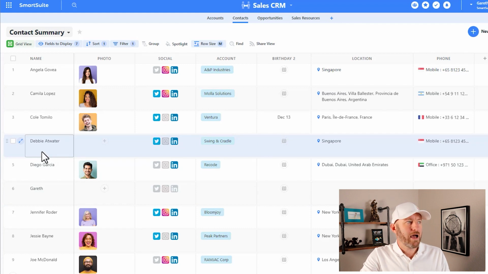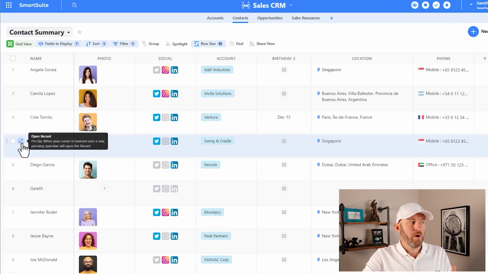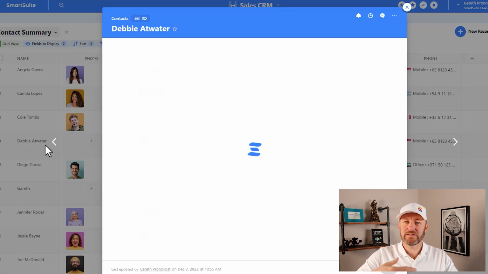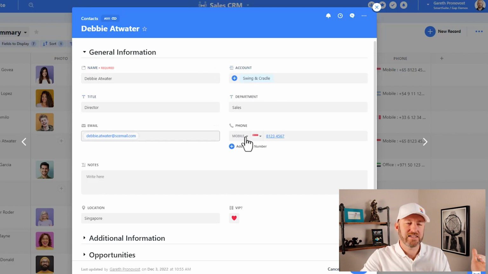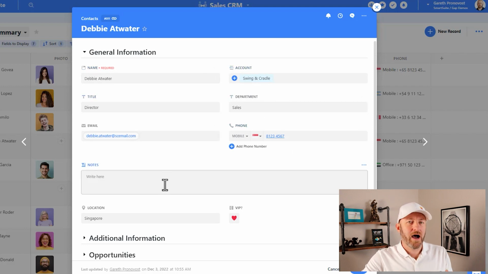Let's say I'm looking at my contacts here inside of my sales CRM, and I want to expand this record and get more information about Debbie Atwater. Well, in order to do that, I open up the record either by clicking here or just by hovering over the record and hitting spacebar on my keyboard, like so. Now, when I do that, what opens up in front of us is the expanded or open version of that record. And so here you can see all the same fields that exist for that record, but inside